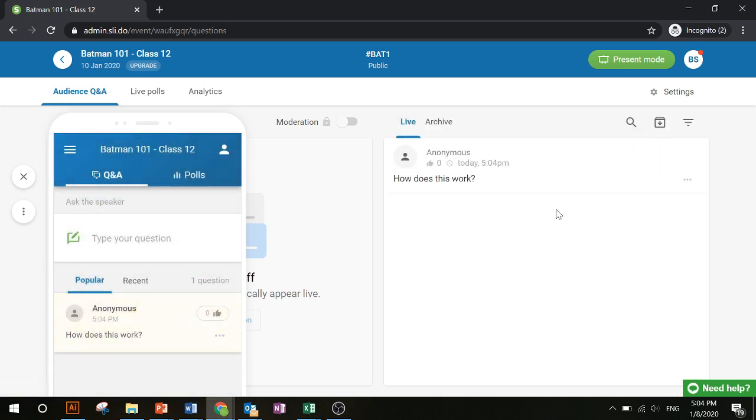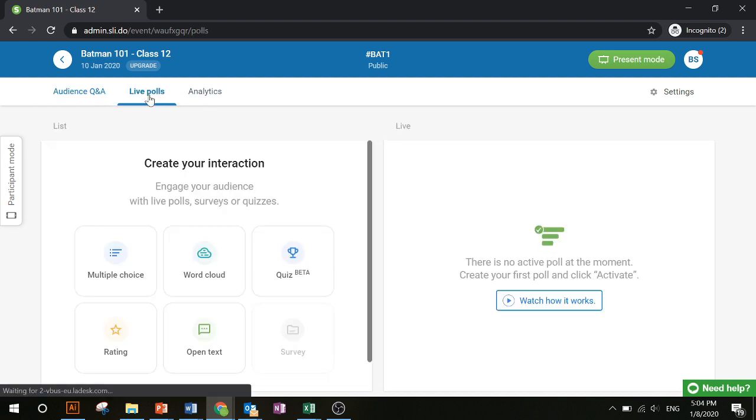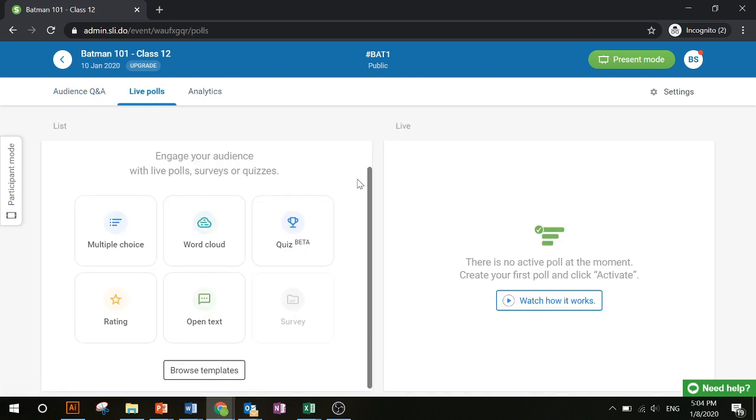And that question will now appear over here. So we'll close that for now, and we're going to go ahead and set up a poll. Your options are up here at the top: audience Q&A, live polls, and analytics. Here's the live polls. With live polls, you have the option of multiple choice, word cloud, quiz, rating, or open